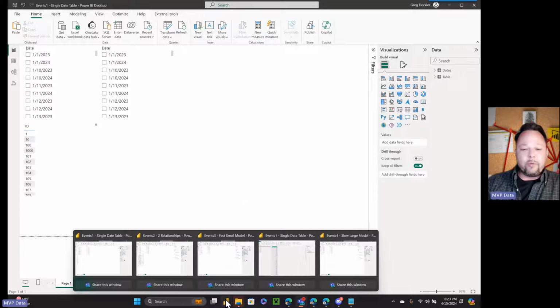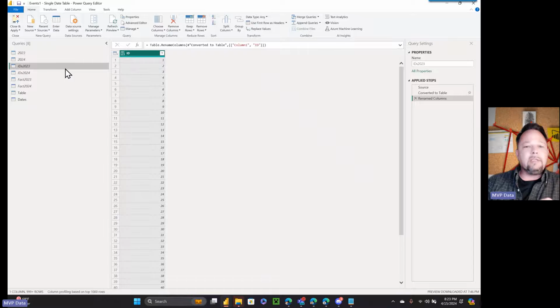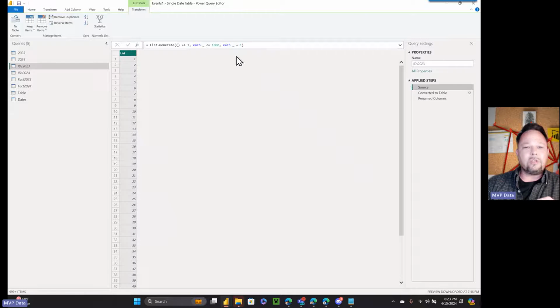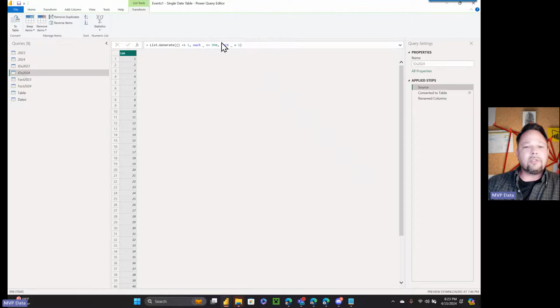And so just real briefly to take a look at the data. I have a table of dates in 2023, a table of dates in 2024. I have IDs for 2023, which is basically a list of IDs from 1 to 1,000. And then in 2024, I've engineered it so that it goes from 1 to 998. So regardless of what date I pick in 2023, I will always have two people that are missing in 2024, is the idea, right?